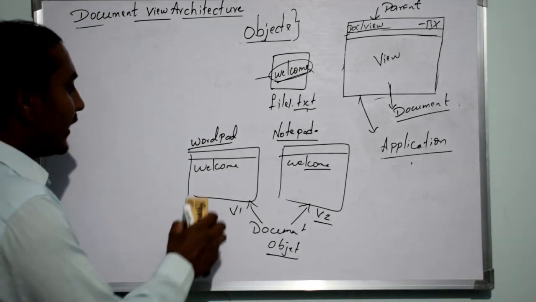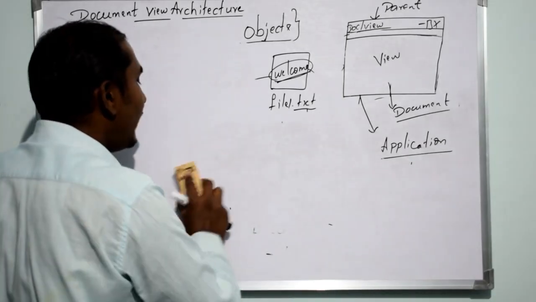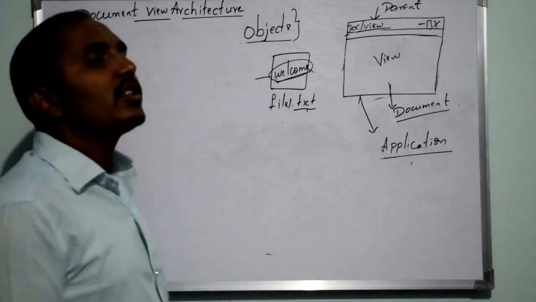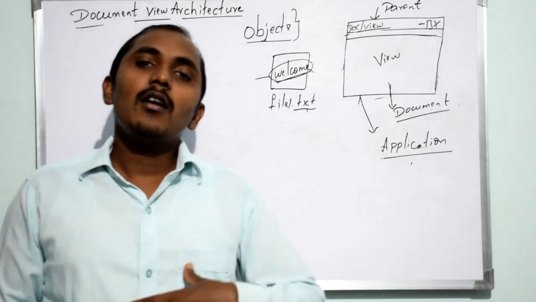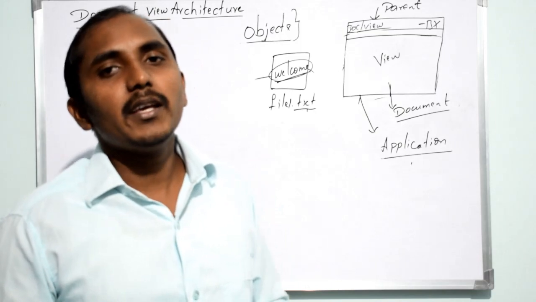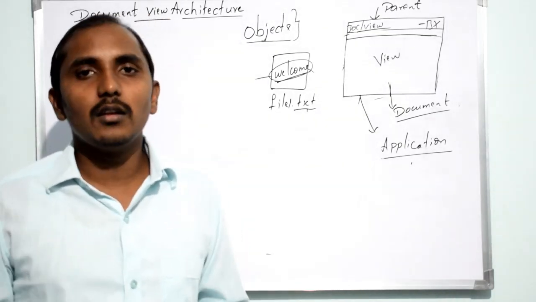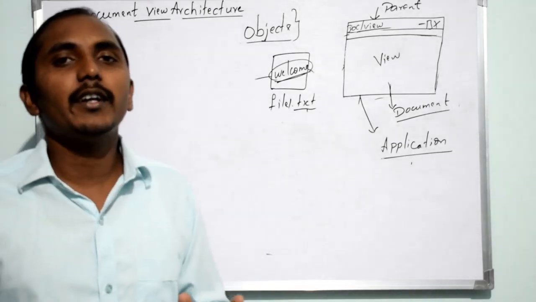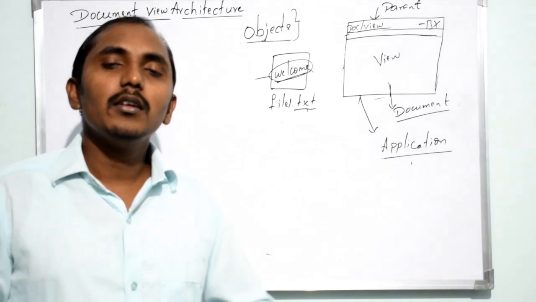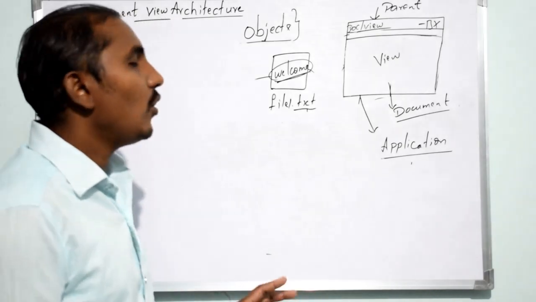In this kind of architecture, we have some advantages. What are the advantages? The same information can be displayed in different kinds of applications. So managing the information will be easy. Suppose I can share the information between several users. That is one of the advantages when you have two different types of objects, where you separate how it is displayed and the data. Both are separated into two different objects.